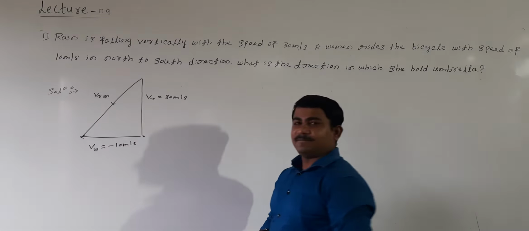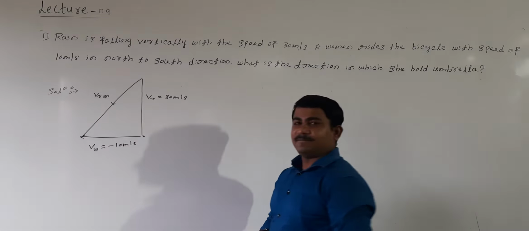Are you following? A man swims 4 km/h in still water. See here, it is the position. Shall I go from A to B? How does the man go? The man goes in this direction. Velocity of the swimmer, how much? Vs equal to 4 km/h, right? In still water.